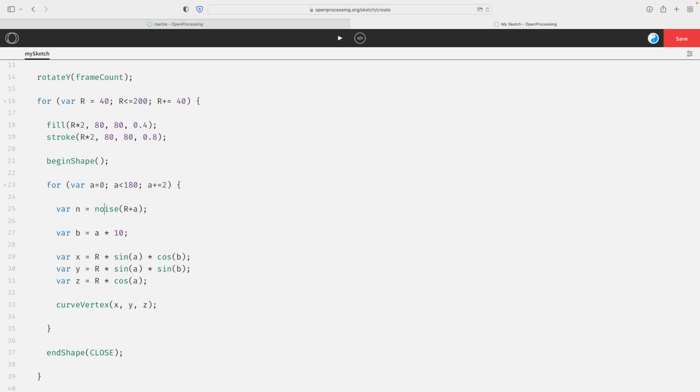And then, because noise is from 0 to 1, I'm going to scale it up. I want it to be from, say, -1 to +1. So what you could do is say 0 to 1, minus 0.5. That goes from -0.5 to +0.5,